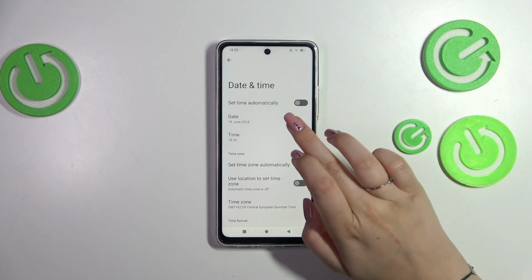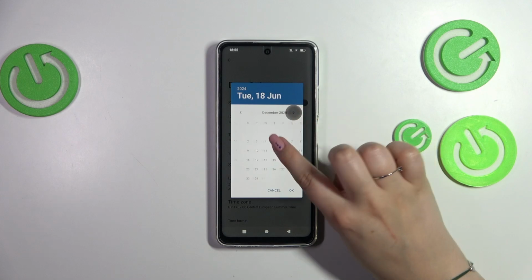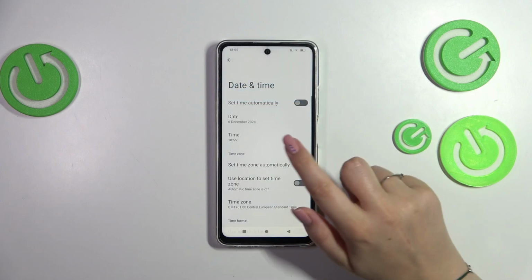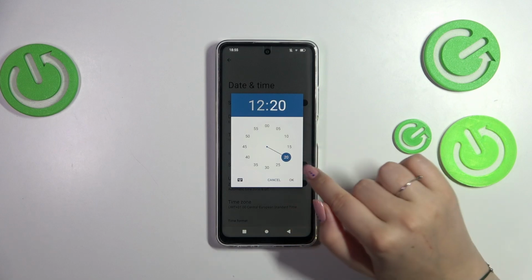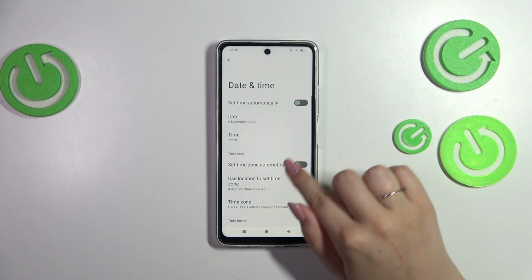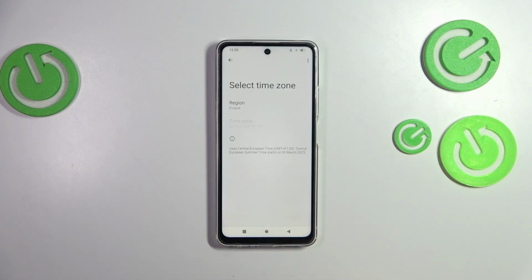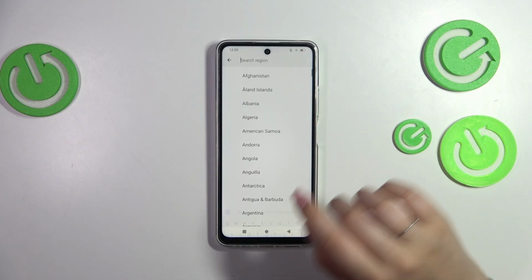This one also. And now we can freely tap on date and simply choose it from the calendar. The same situation with the time, just tap on the time and choose the time from this clock, confirm it with OK. Here we can also change the time zone, just tap on this option, tap on the region, and